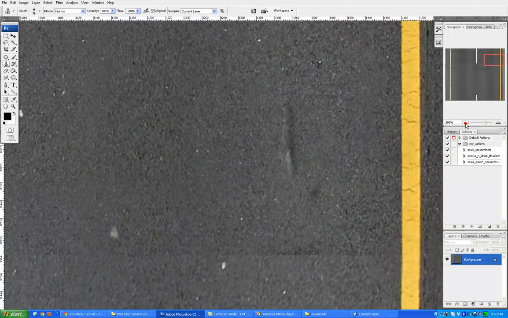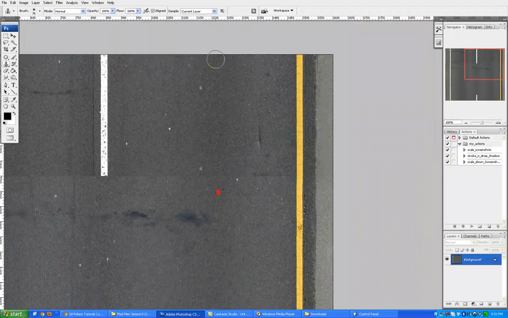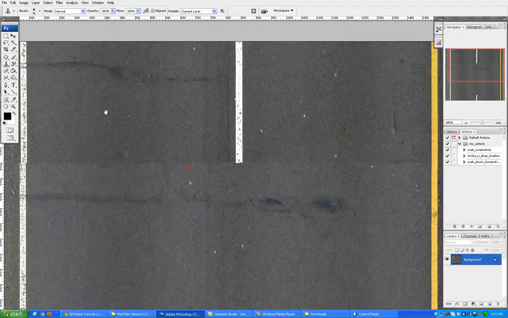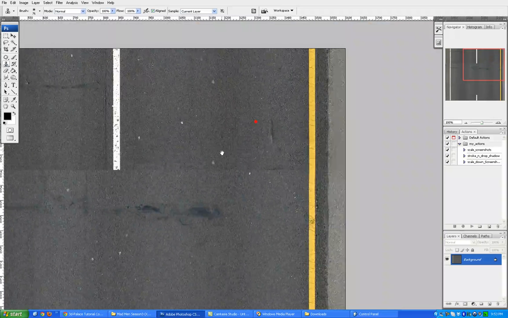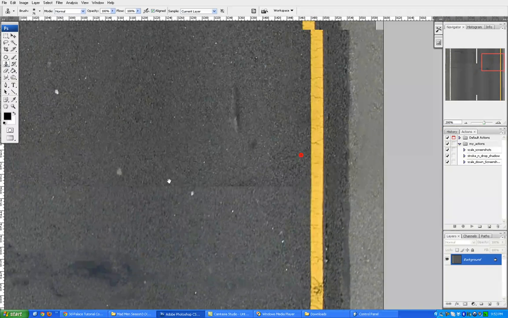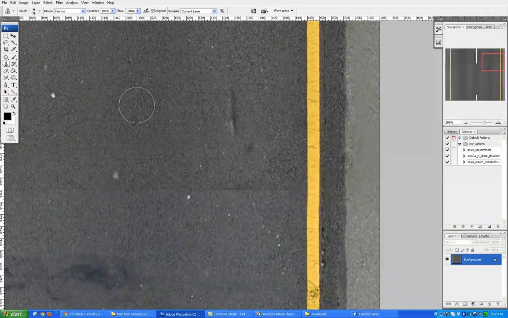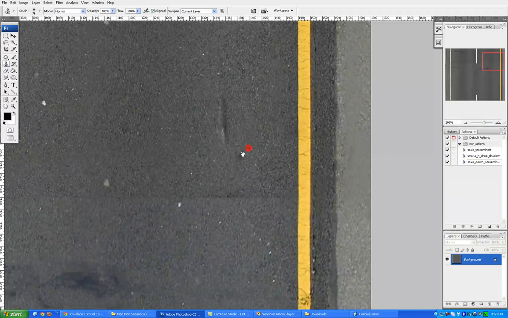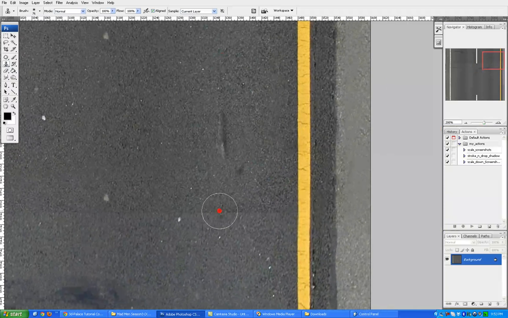Now one thing to keep in mind when you're cleaning up areas like this, we have this dark strip down the middle of each lane. Basically that's the actual color of the asphalt. The lighter section is where dirt and grime and dust all get pushed into the road by the vehicles travelling over it. So if I'm going to harvest an area, I don't want to harvest from here and place it down here, because we'll get a mismatch. We want to try to keep these stripes. So I'm going to harvest from up here and